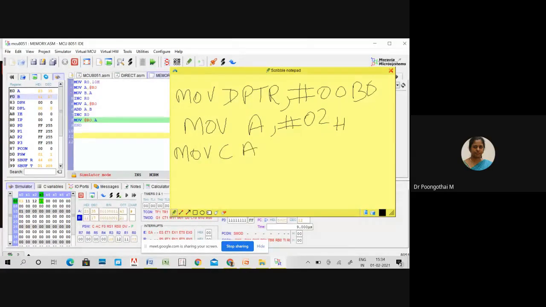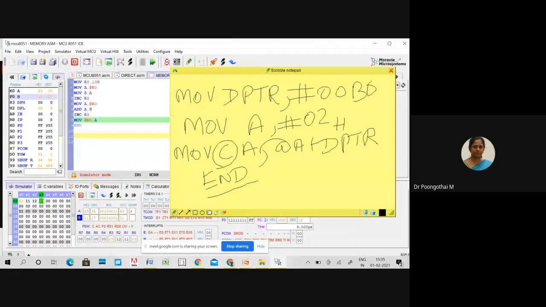So this is the syntax: MOVC A, @A+DPTR. So using this instruction, we can access the data elements from our code memory. This instruction is mainly used for accessing data elements from lookup table applications.